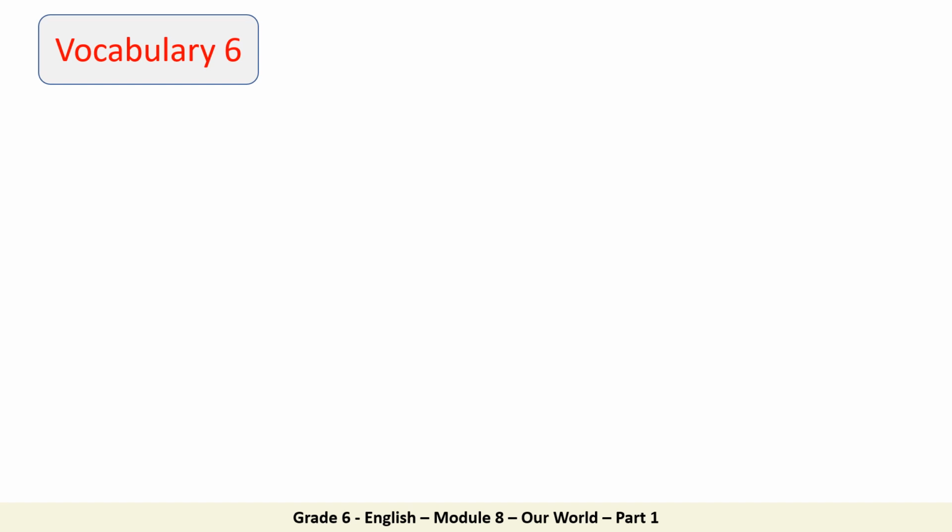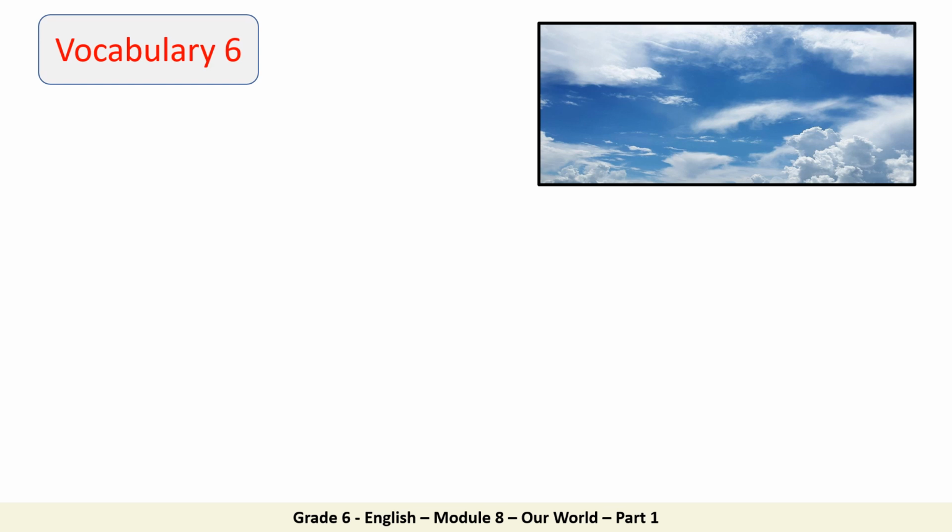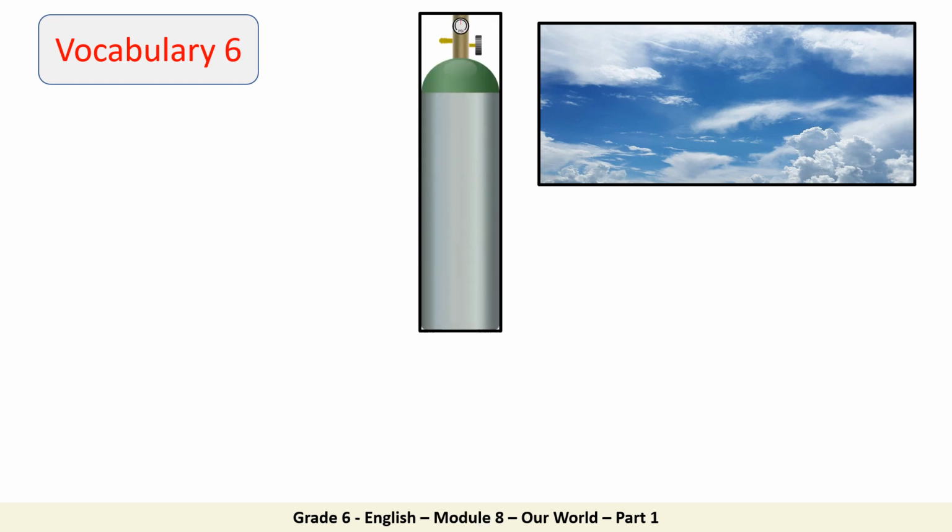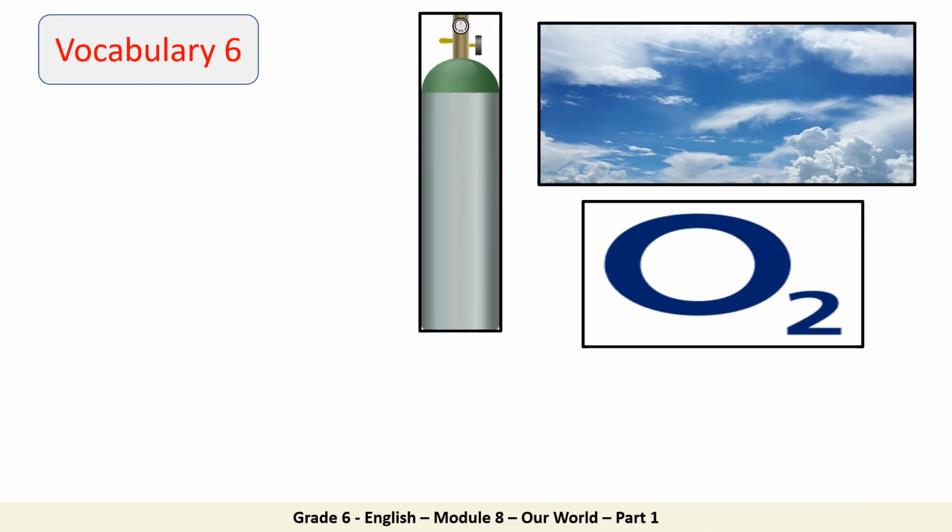Since we're talking about the environment and how we need our world to be clean, what do you think the thing we all need the most is? That's right, we can't survive without oxygen. Very good. So please repeat one more time. Oxygen. Very good. So we need the oxygen to breathe, so let's all help each other to stop the air